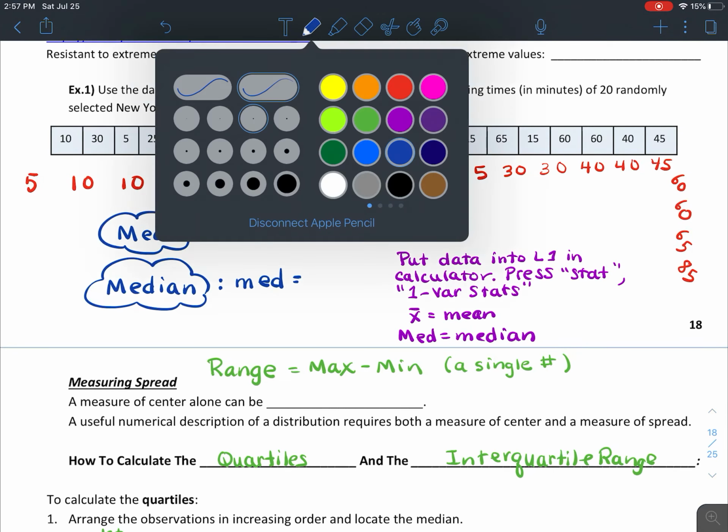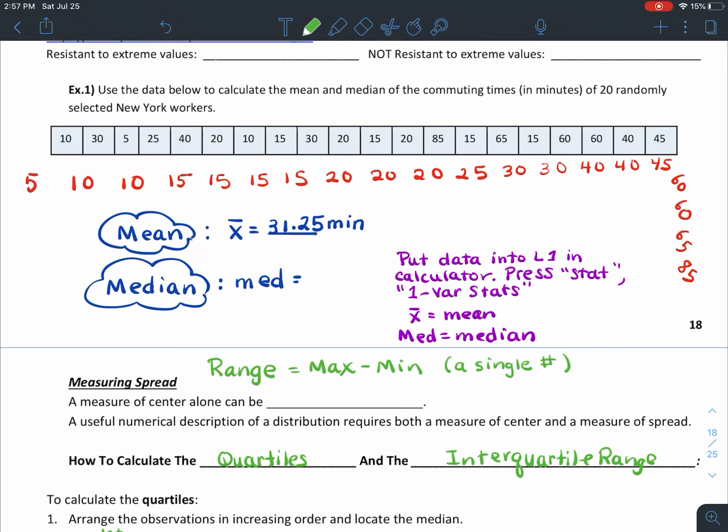You can see I kind of was trying to do that right here already for you. Okay, and then we would want to work our way from the outside in. We said there were 20 of these people, so there's an even number of numbers. That means the middle places us right here, 10 in from the left and 10 in from the right. So to get the median, I am needing to average together 20 and 25 for a median time of 22.5